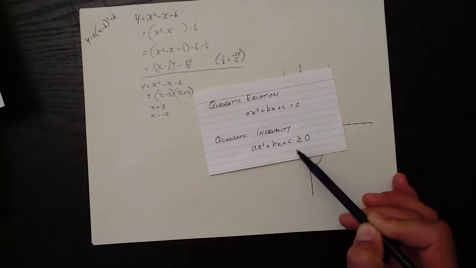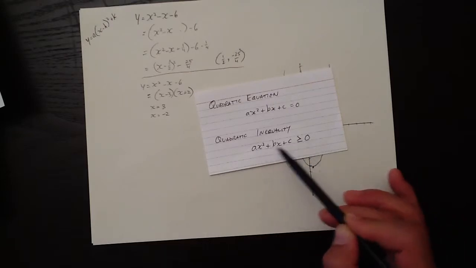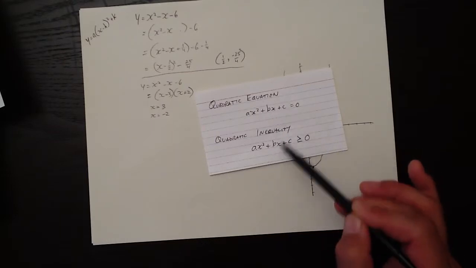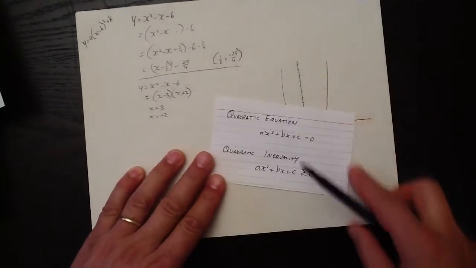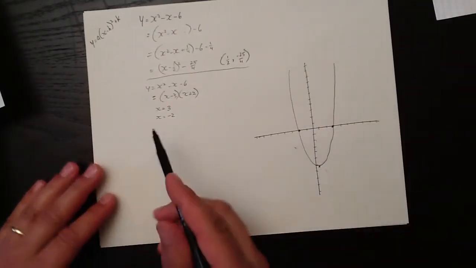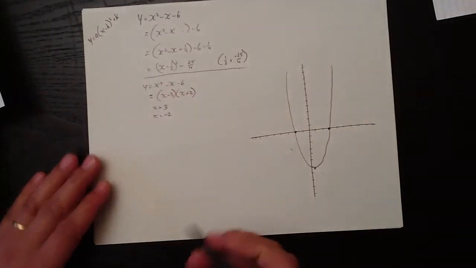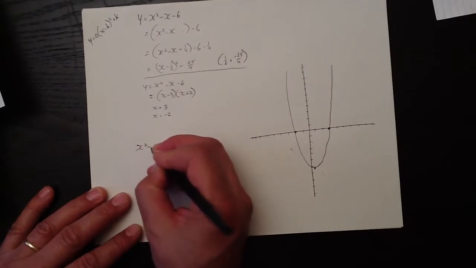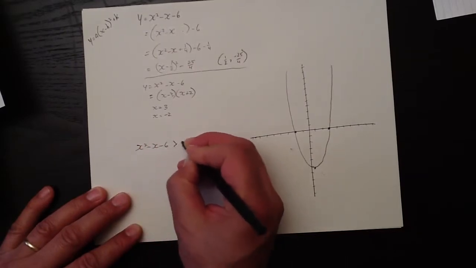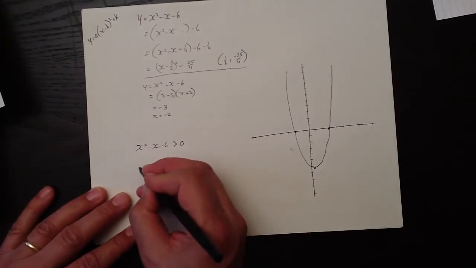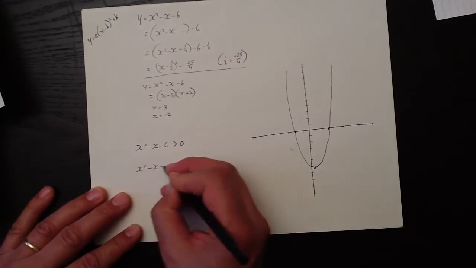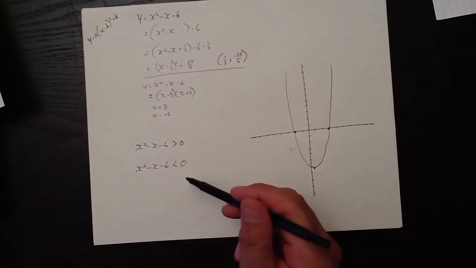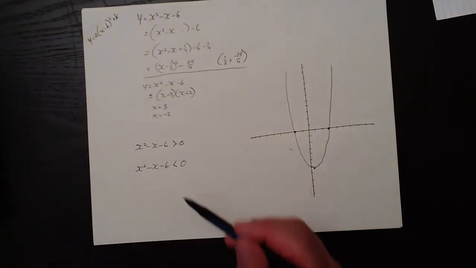Or it could be less than 0, or less than or equal to 0, or greater than 0, or whatever, but it's not equal to 0. It's somehow different from 0. So the difference between these two leads us to a couple of things with respect to this graph. If we rewrite this as a quadratic inequality, we could write it as x squared minus x minus 6 is greater than 0, or we could write it, for the sake of argument, x squared minus x minus 6 is less than 0. And in both cases we're asking the same question,